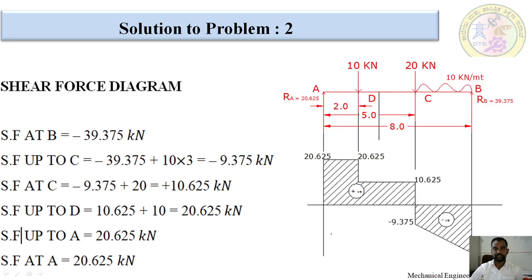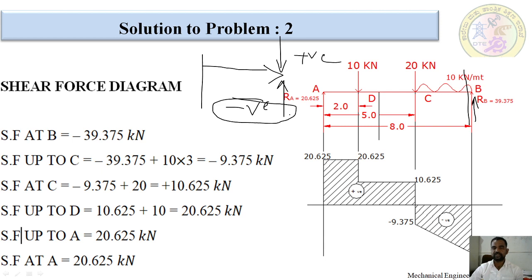Okay. In shear force calculation, I am always going from the right to the section. From the right to the section, upward forces are taken as negative in shear force calculation and downward forces are taken as positive. Okay, I am going to take a section over here only. There would be only one upward force. In the sign convention concept, upward forces are taken as negative in shear force calculation. For that reason, I am going to take negative. This would be one upward force, 39.375 kilonewton.